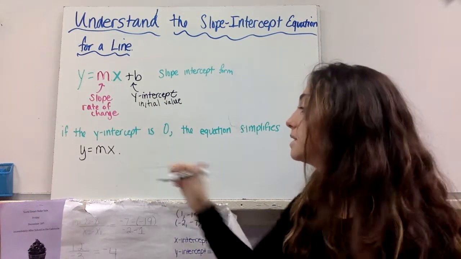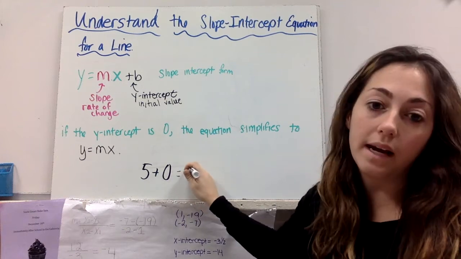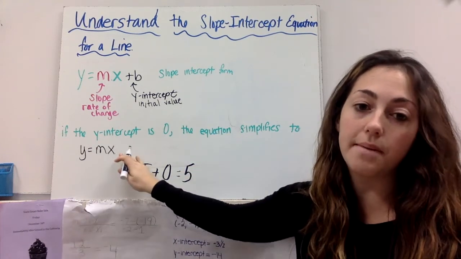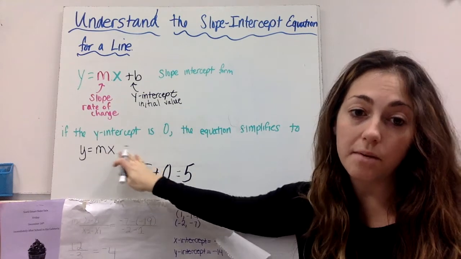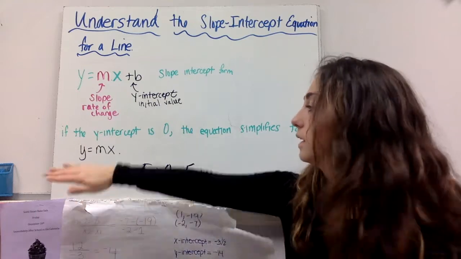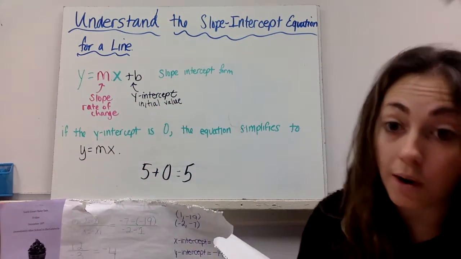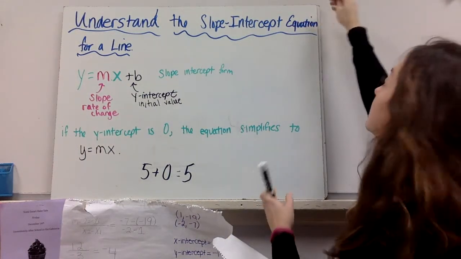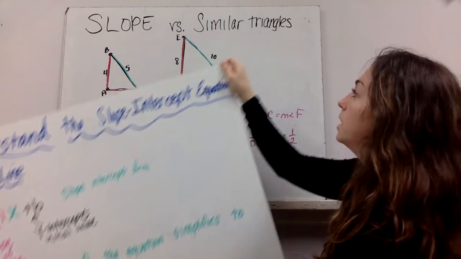It won't be present because if you add 0 to anything, right, 5 plus 0, it's still 5. So here mx plus b, if b is 0, you would have mx plus 0, that's still mx. Okay, so that's why you're only going to see the first two if your y-intercept, your initial value, is ever 0, which in a lot of cases it is. Let's take a look. We're going to compare slope